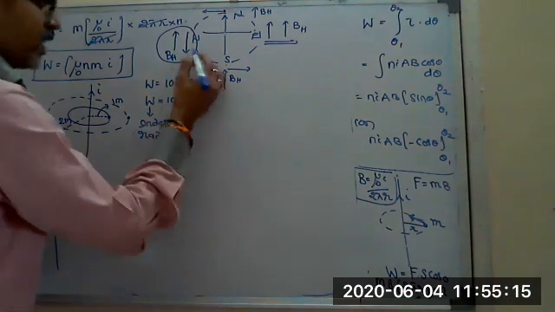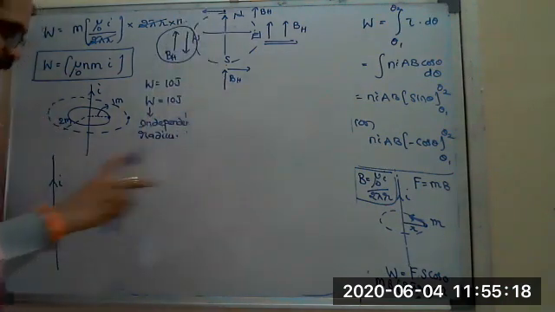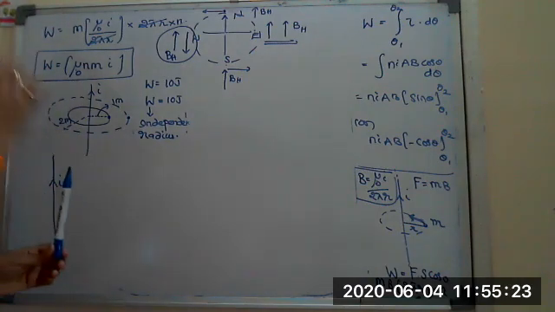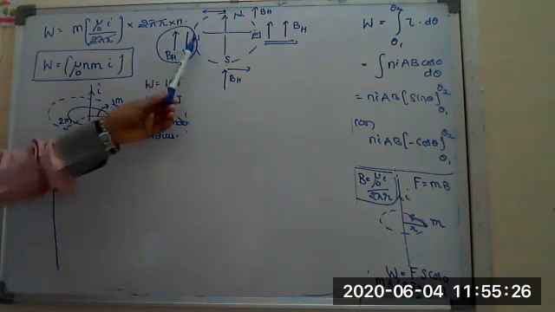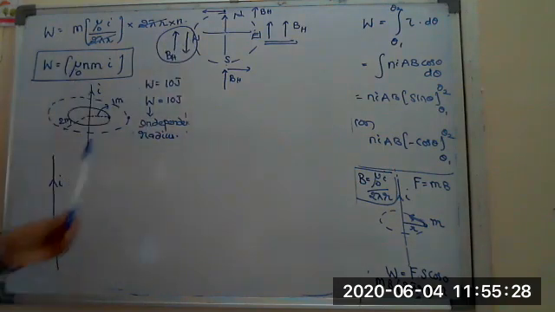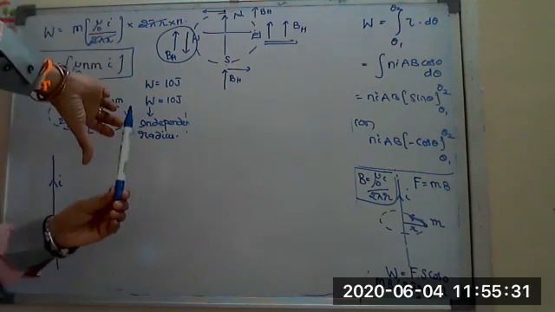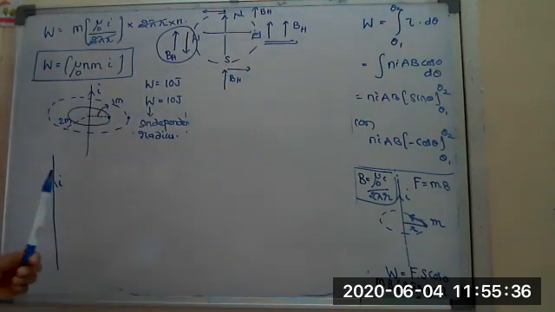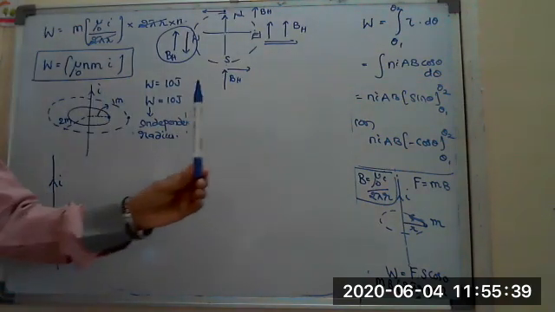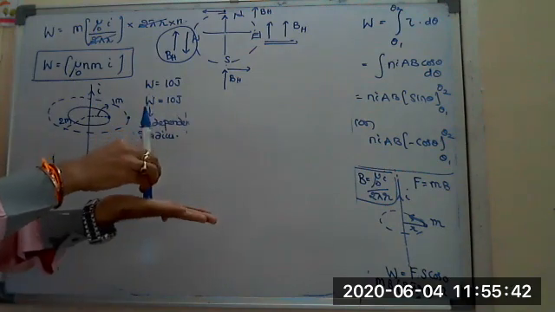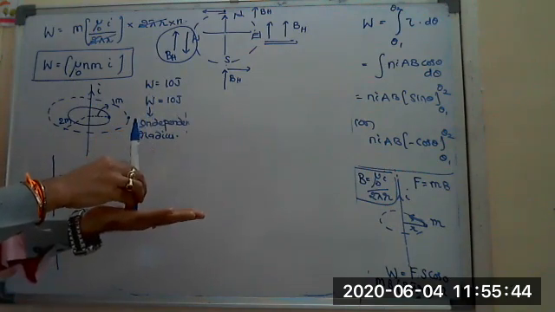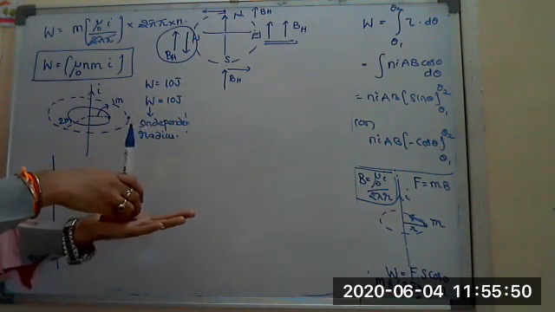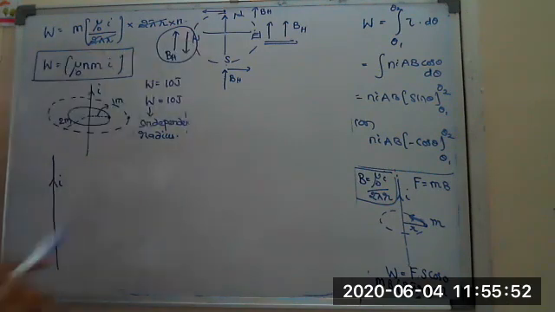So in this case, if they ask, if the current carrying conductor carries the current in the upward direction, in what direction will you get the null point? Then you can say the answer: westwards. Suppose the conductor carries the current inwards, then no need to solve, immediately you will get the null point due east. So if the current carrying conductor is placed perpendicular to the plane of the earth, you will get the null point either due east or due west. Upwards west, downwards east.